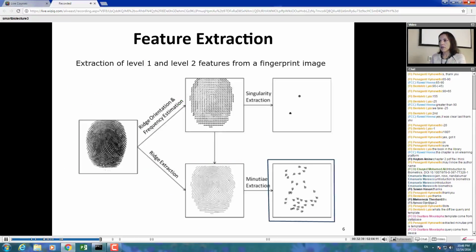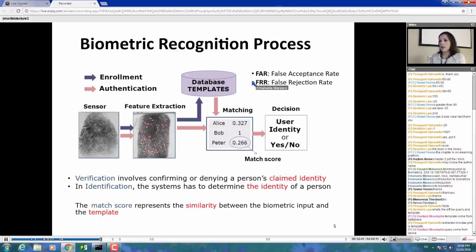And very good. So we have the enrollment. I'm answering now the question about the difference between query, also called probe, and template, or gallery. So we have enrollment. We acquire the biometric, extract features, and build the template with these extracted features. The template will be this entry in the database with features associated with the label of the identity of the person. For example, Peter submits during enrollment